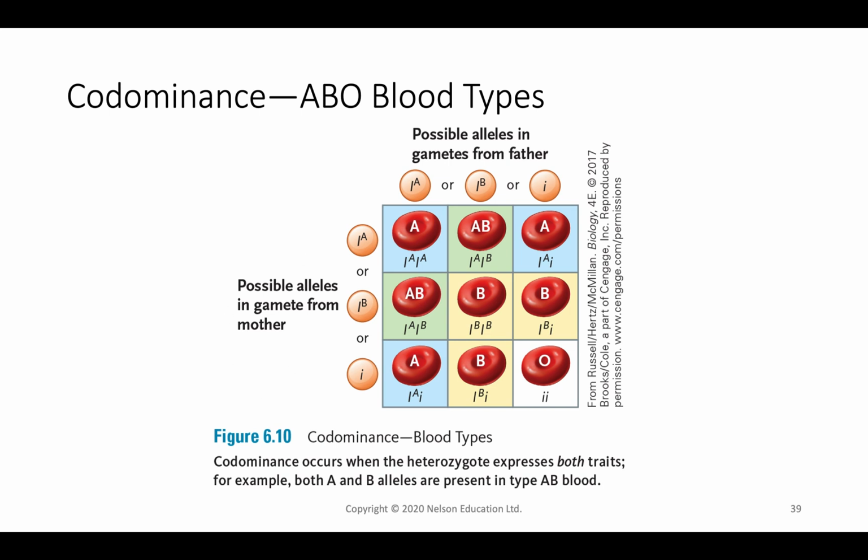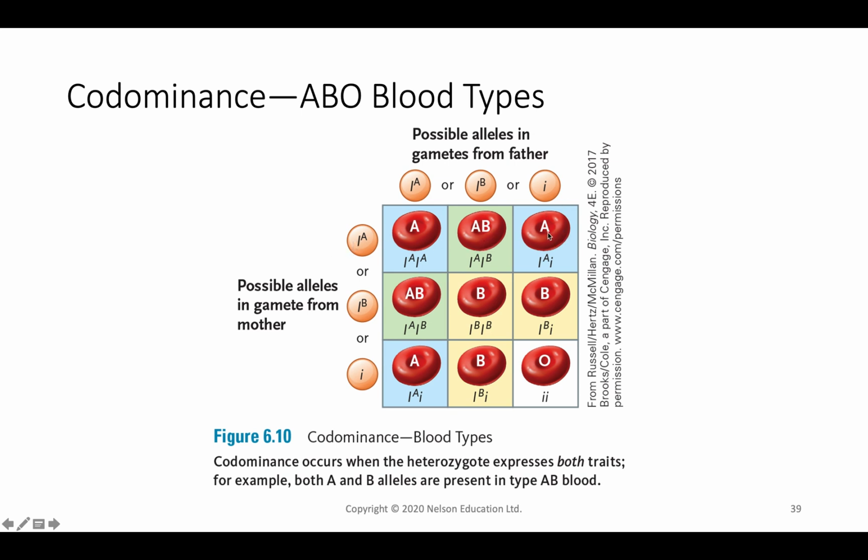So just to be clear, previously when I said that you can only have two, that's true. You can only have two, but there are three options within the population for expression, right? A, B, or O, which is the lowercase i. If we get two copies of the A allele, we're going to demonstrate to be A. If we get one A and one B, we are AB, and if we get the A and the i,